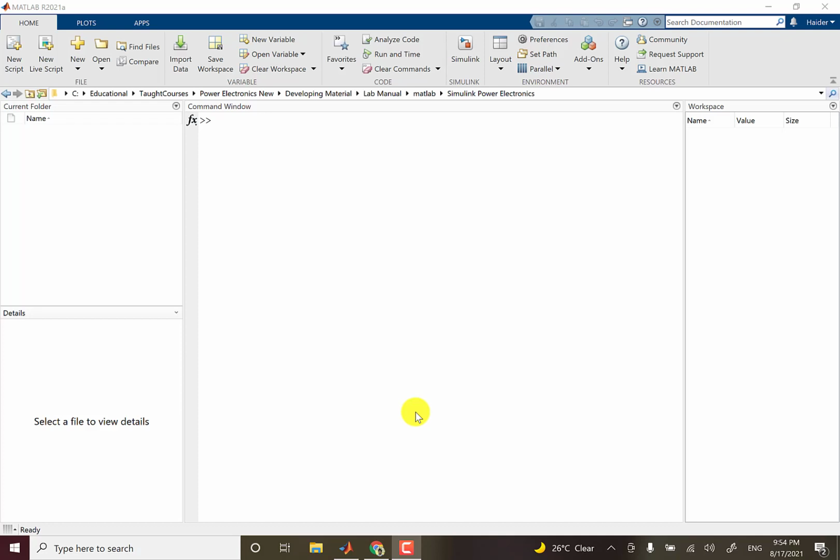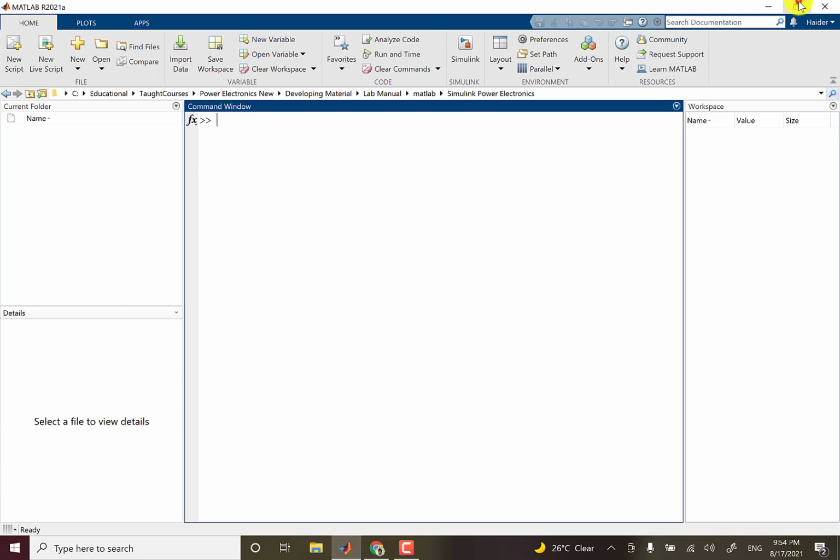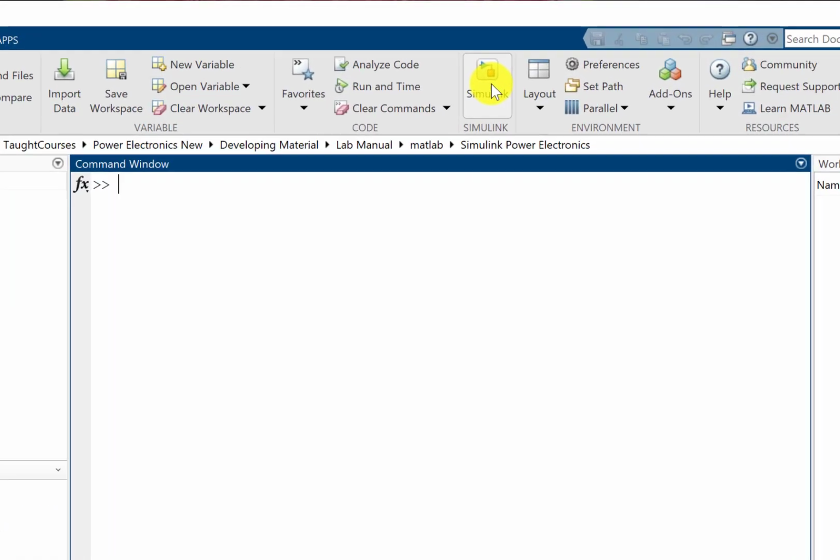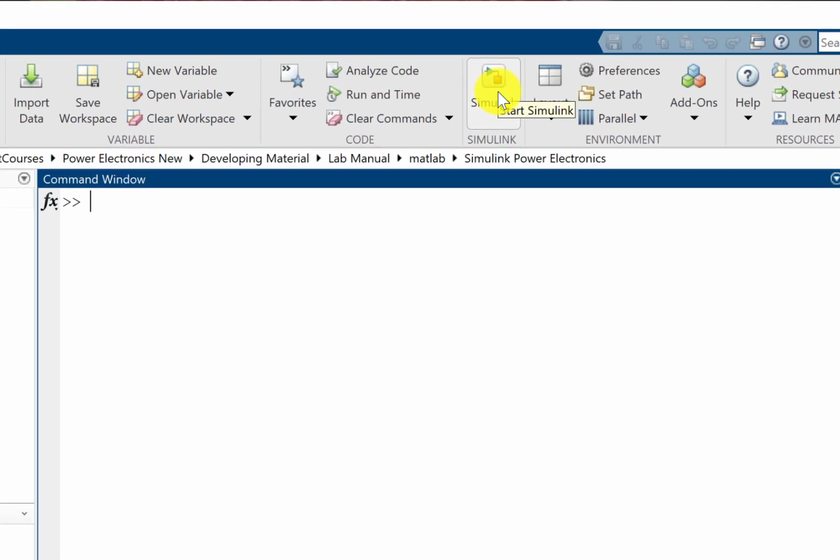Hello. In this set of tutorials, I'll explain how to simulate different power electronic circuits in Simulink. So let's get started. This is the very first tutorial, and I have opened the Matlab window. Here's the Simulink. You can either click right away, or you can type in here in the command window Simulink